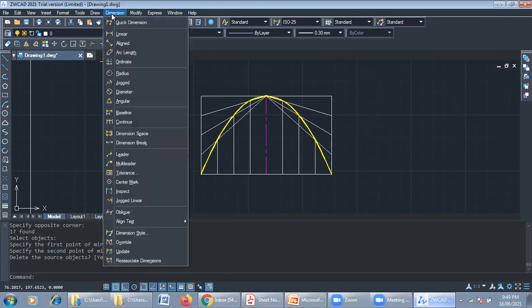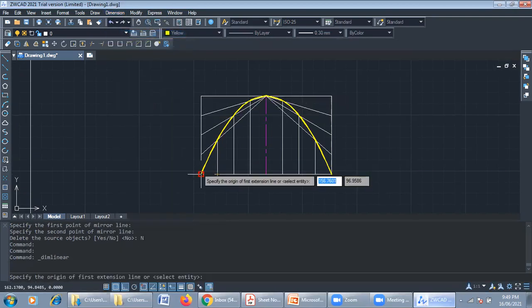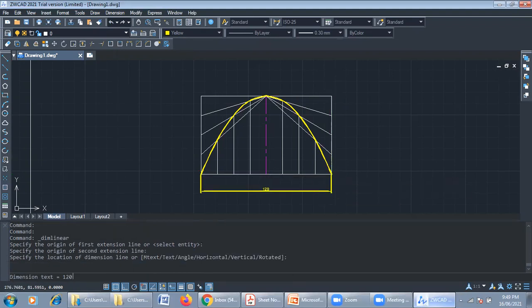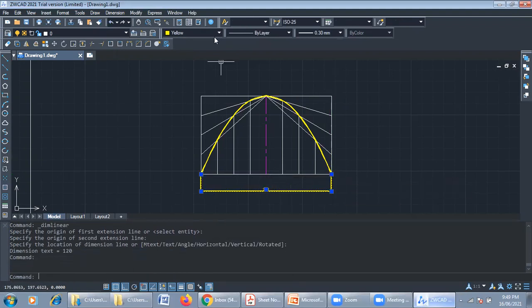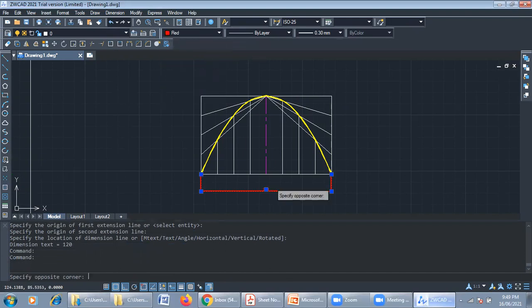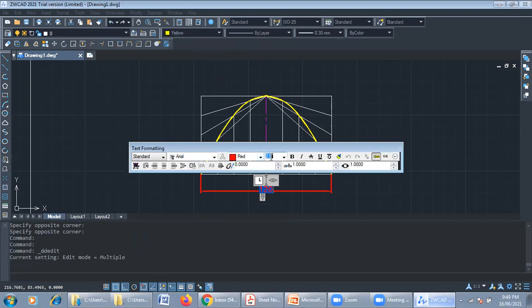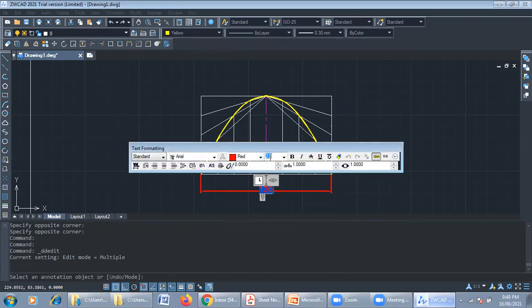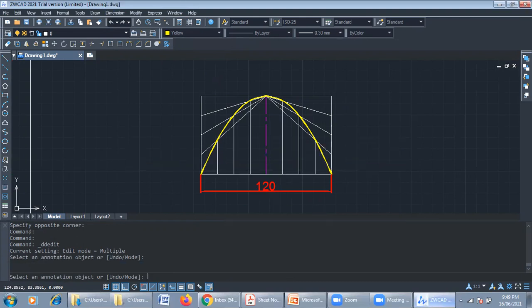Later on we need to give the dimensions as per the dimensions given in the problem. So select the first point and the end point. You can simply say this is the end point on the curve. Double click on it, so you can increase the font size to 8 mm. It is 8 mm.